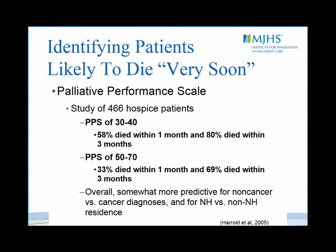For example, a study by Harold and colleagues in 2005 evaluated 466 hospice patients and found that a PPS in the range of 30 to 40 was associated with death within 1 month in 58% of patients, and 80% died within 3 months. Even a PPS higher in the 50 to 70 range was associated with a 33% likelihood of death within a month and a 69% likelihood of death within 3 months. In this study,